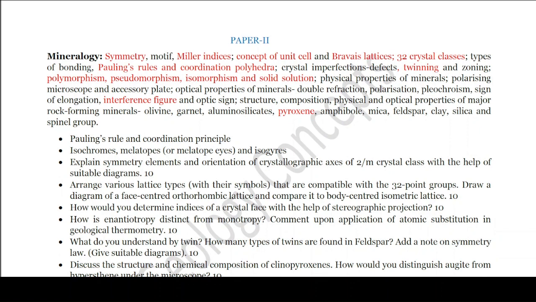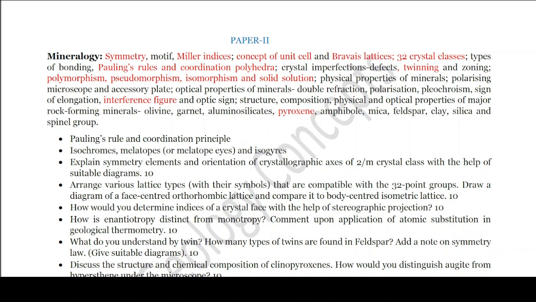In an enantiotropic system, the transformation between polymorphs is reversible and occurs through a phase transition. While in monotropy, one mineral phase is stable over a wide range of temperature and pressure conditions, while the other polymorph is metastable and only exists under specific conditions. So you can say UPSC has started asking an additional layer of information from the specific areas which aspirants often